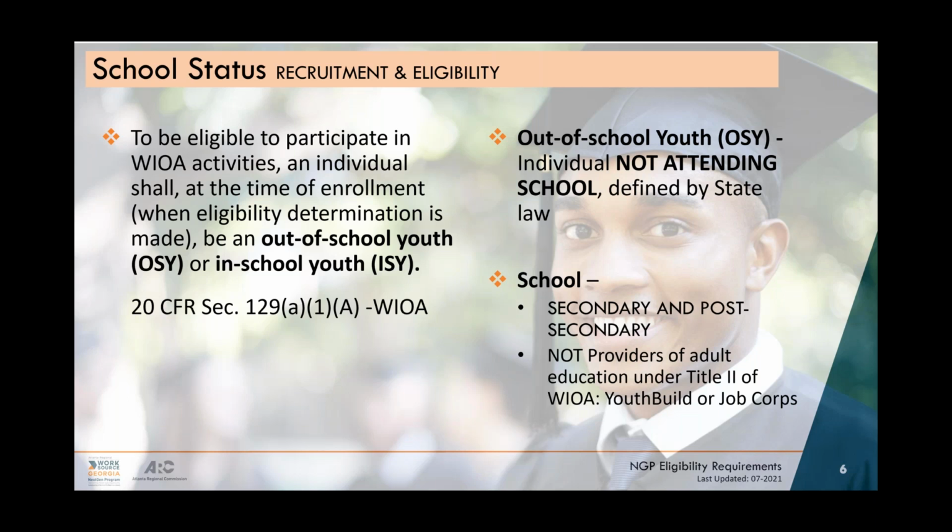So the Youth Next Gen program is Title I funding, and the Adult Dislocated Worker program that we have is also Title I, and then we partner with the Title II programs. So the government says that if they're in one of those Title II programs, they're not considered in school, okay? So if someone comes to your program and they're also enrolled in Job Corps, first of all, that's significant for you to know, because you can utilize Job Corps to help you with your services for that person. And also, you need to keep in mind that just because they're in Job Corps doesn't mean they're not eligible. They are eligible as long as they're not in some other school programs.